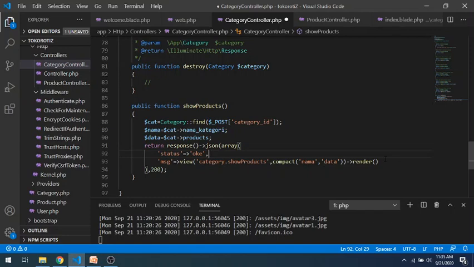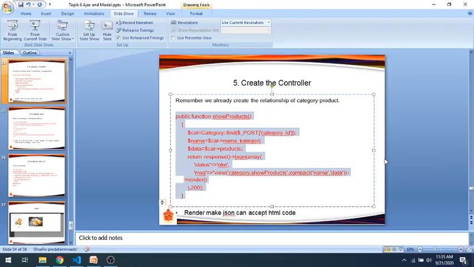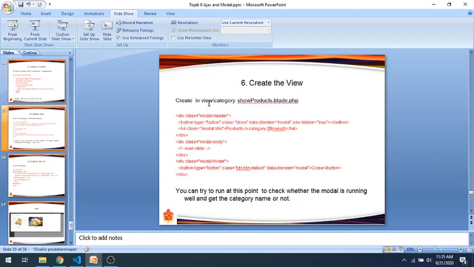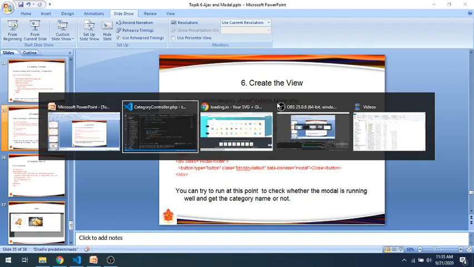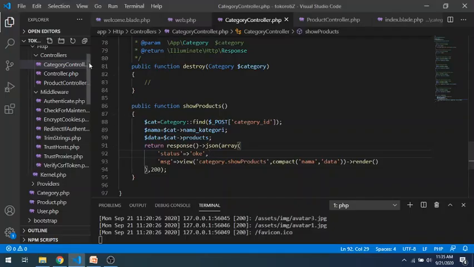Okay. Next, we will create the view. We create it in the category folder, in show products.